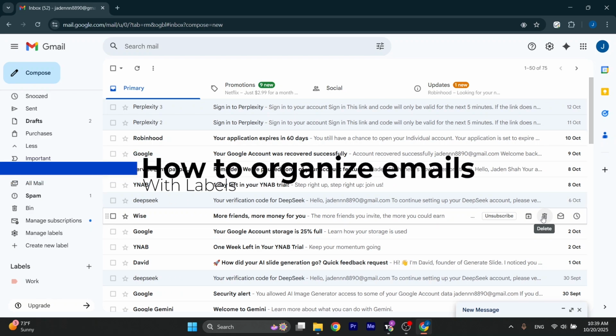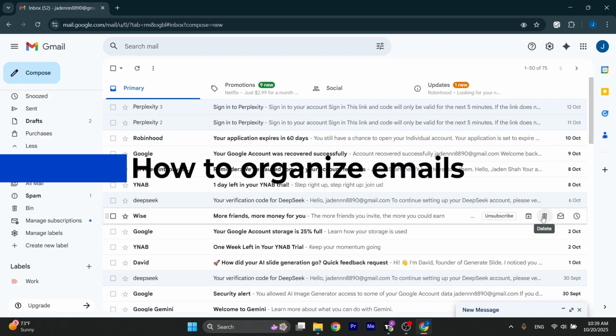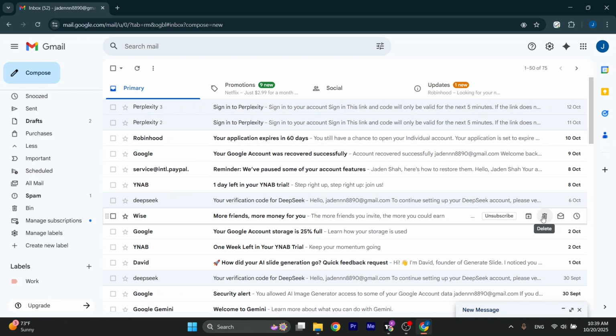Let me teach you how to organize emails with labels. If your Gmail inbox feels cluttered, labels can be a great way to organize all of the emails that you receive. So what you need to do first of all is make sure you log in or head over to